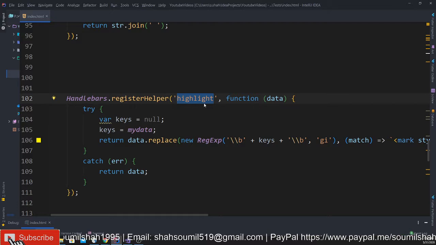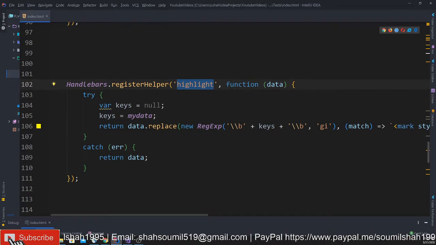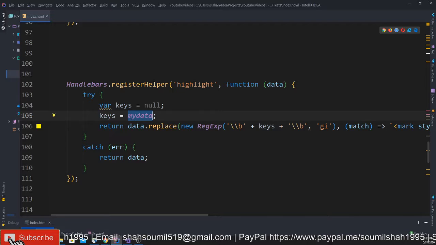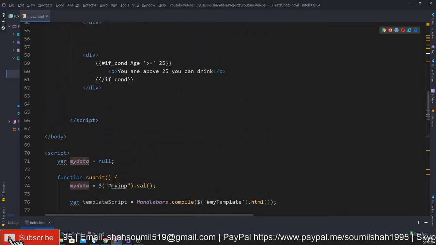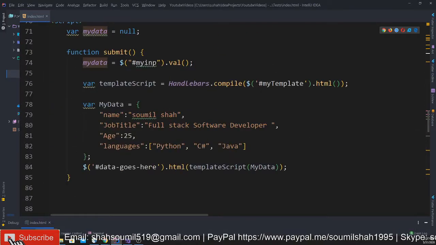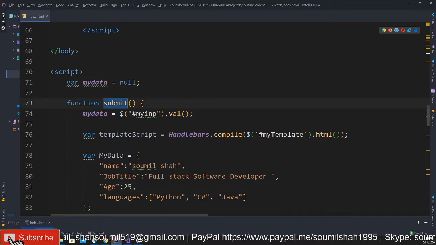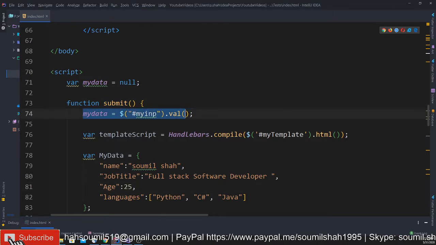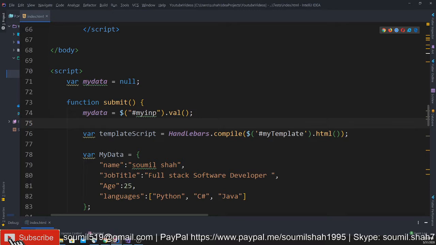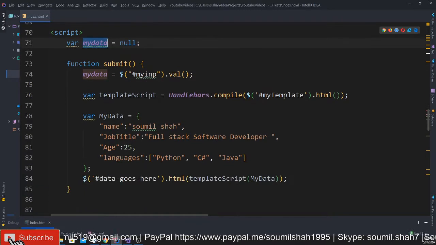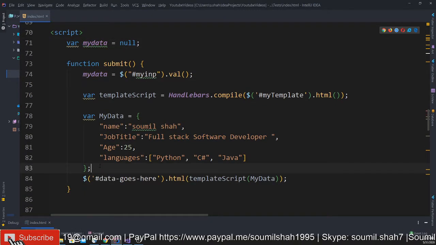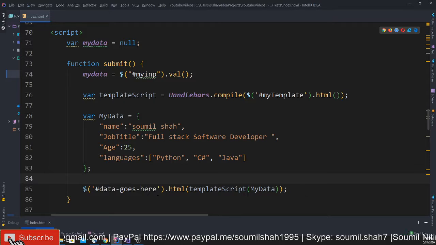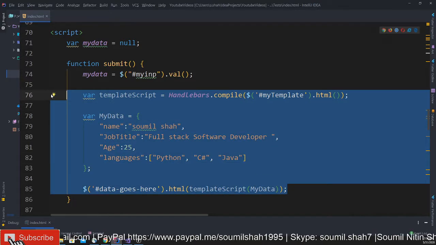As soon as you type something in the input field and hit the submit button, the function submit is executed. It takes the data from the input field and updates the global variable, which is my data. Then I'm using handlebar to compile that template and render the HTML.